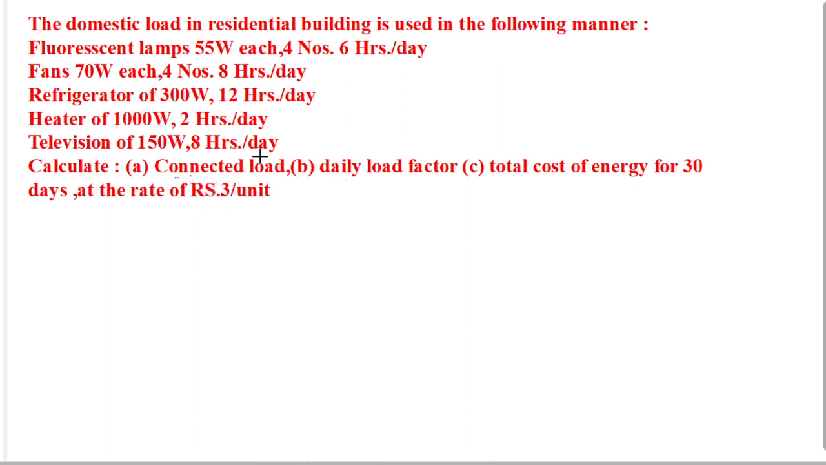So first, our task is to find out the connected load, that is the total connected load of the residential building. Total connected load is 4 numbers of 55 watt fluorescent lamps, so 4 multiplied by 55. Here 55 watt each and 4 numbers. Then plus 4 numbers of 70 watt fans, so 4 multiplied by 70, plus